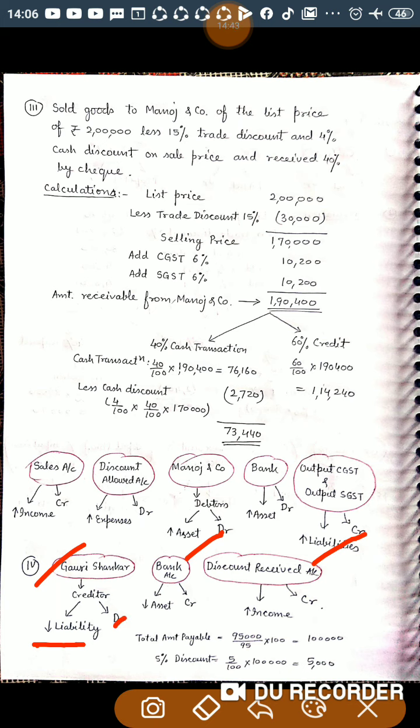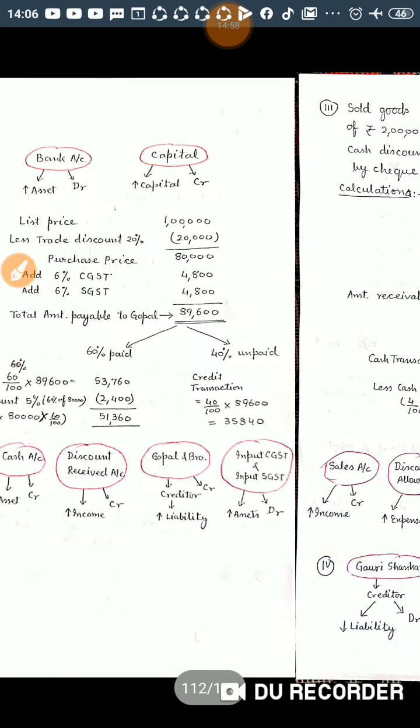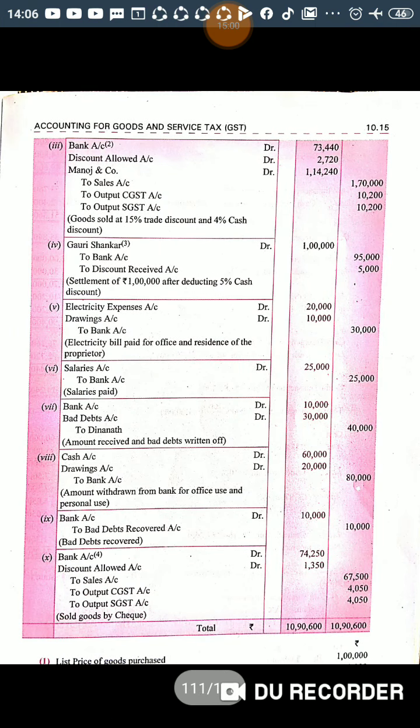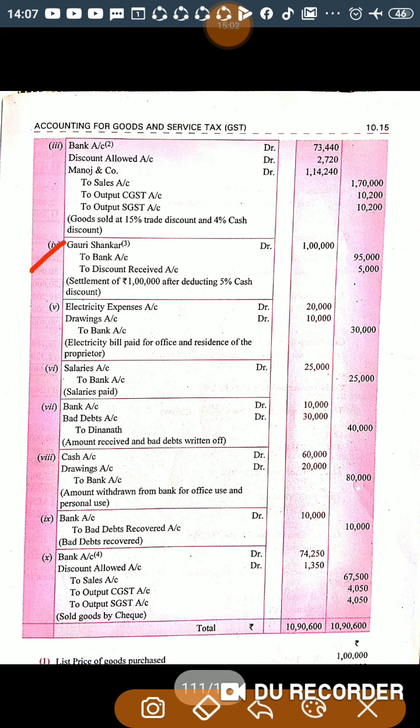Bank balance is decreasing because we are making payment. It is an asset, and the asset is decreasing, so it should be credited. Discount received is an income and it is increasing in the business, so it should be credited. So the journal entry will be passed: Gauri Shankar account debit with 1 lakh, to bank 95,000, and discount received